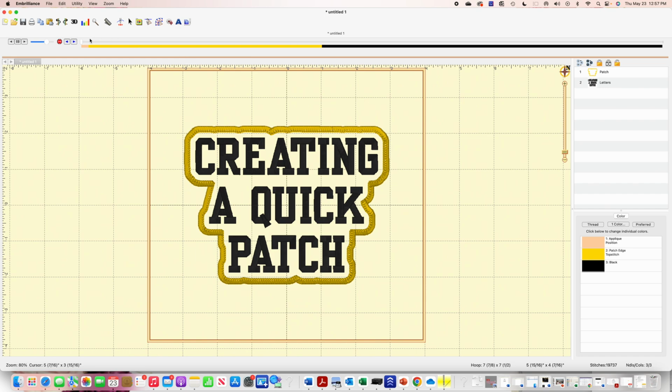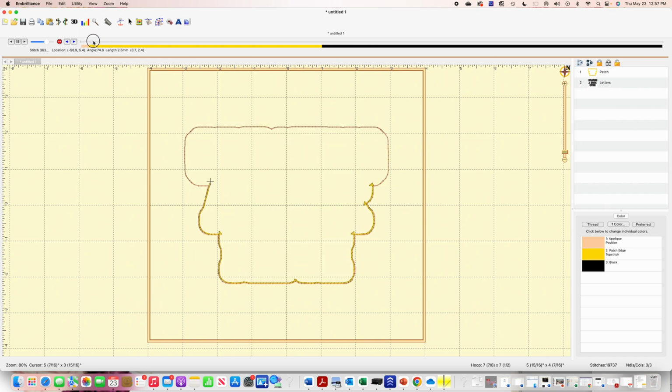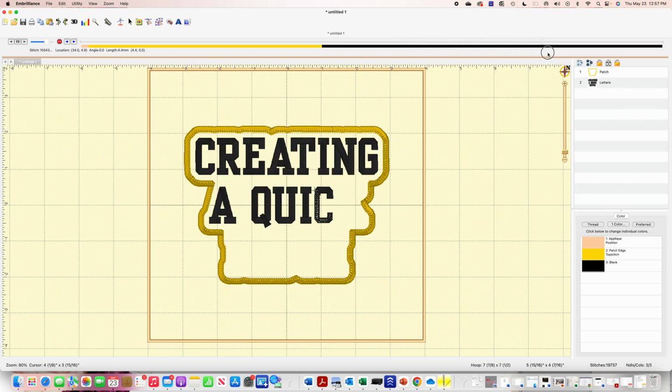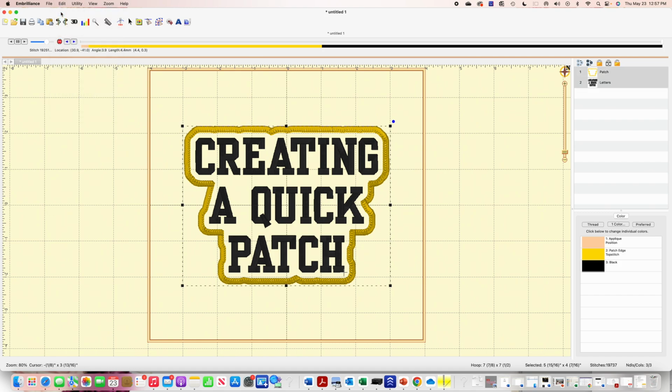But after you have done that tack down stitch and cut your fabric, then you just keep going, and you'll see that this is how your patch would actually go through, just like that, and that would be the end of your patch done. And you take it out of the hoop and you're ready to add your heat and bond, ultra hold, or if you're going to sew it down, either one. Let me select all and delete that